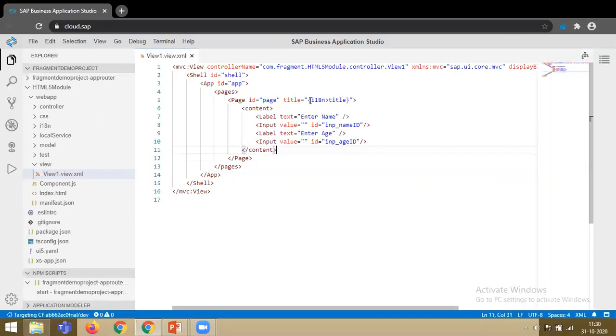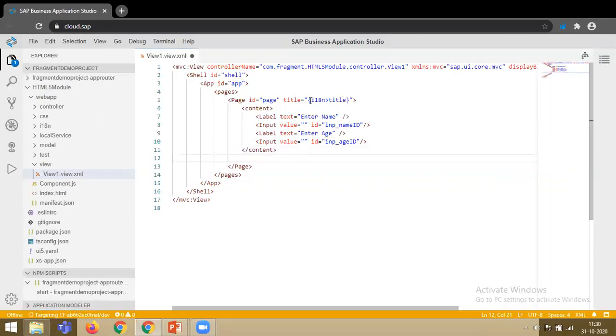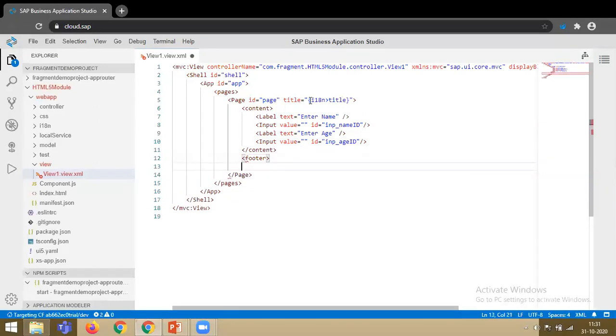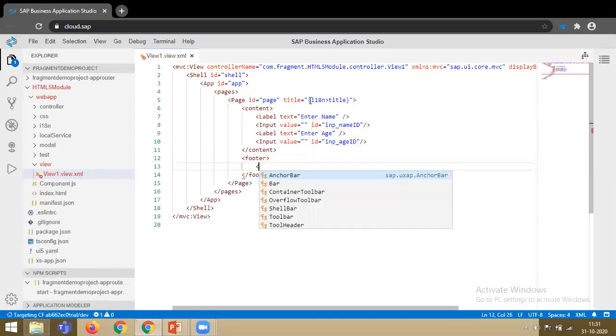Now I need a button to open the fragment. For that, I'll declare the button in the footer. So I'll declare one footer. In the footer, we are going to use the control bar.